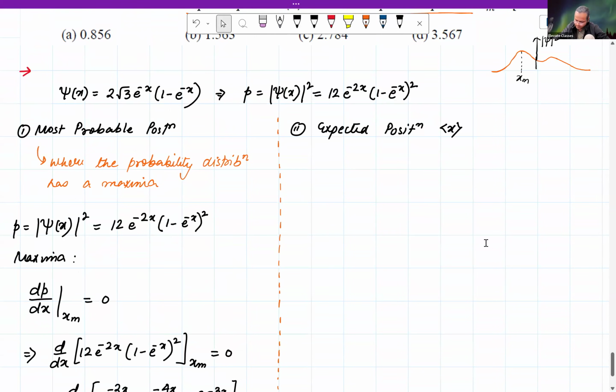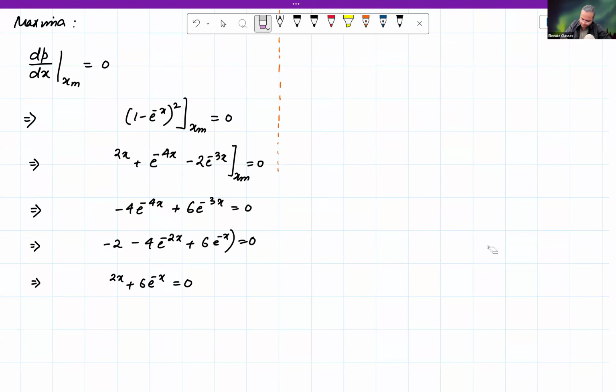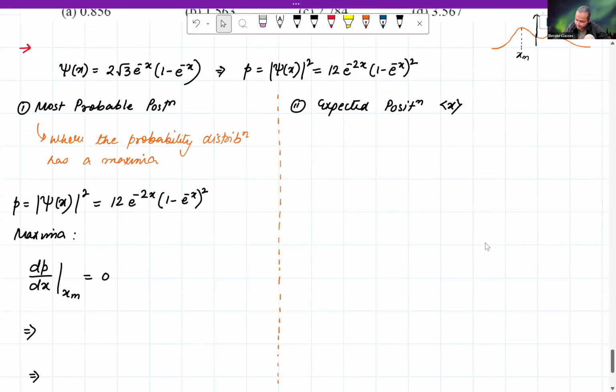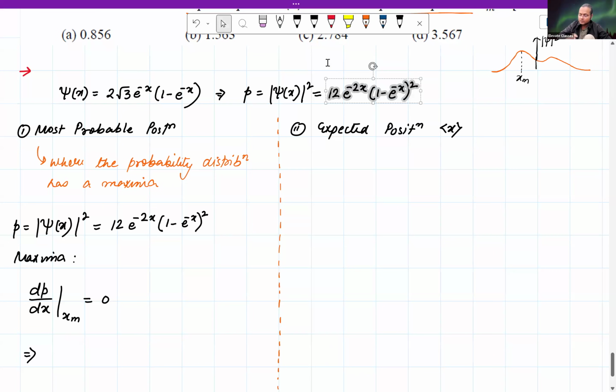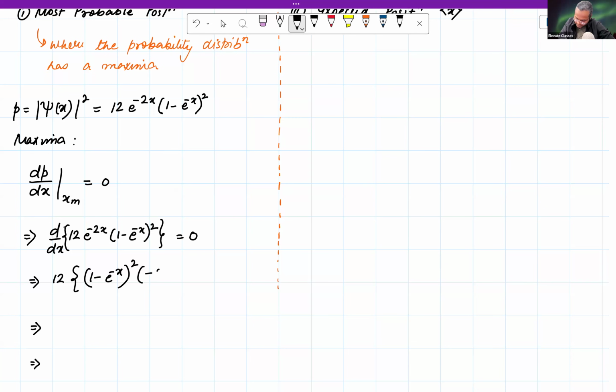फाइन, यहाँ पे क्या करें हम? यहाँ पे इसको इंडिविजुअल नहीं करते। आई थिंक इट्स पॉसिबल दैट आई मेड सम मिस्टेक। इसी को यूज करते हैं एज अ प्रोडक्ट ऑफ फंक्शंस। दिस इज 12 वैनिश हो जाएगा। दिस इज 1 minus e^-x square, and then -2 e^-2x is one term। श्योर हो रहा है बहुत ज्यादा।